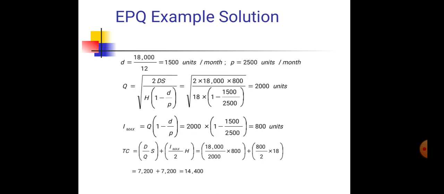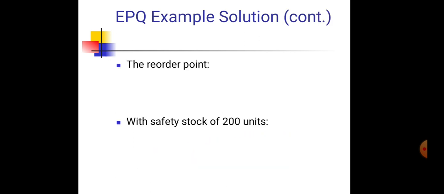So the economic production quantity, EPQ, is considered so that your production systems and workers should not be idle. Even though there is less demand, the production capacity is fully utilized and the finished goods are kept in stock. This strategy is implemented to utilize the production system to the maximum extent, and considering these requirements, the economic production quantity is calculated.